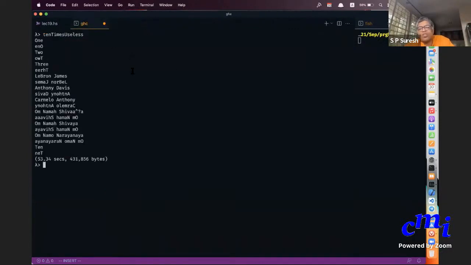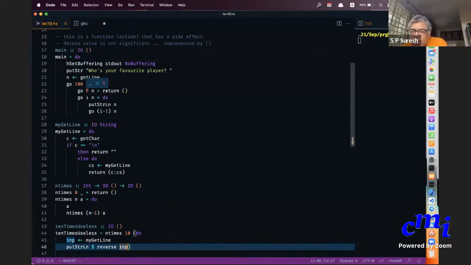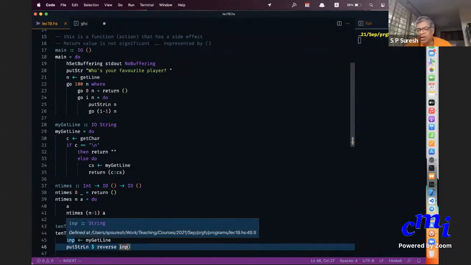Okay, great. Any questions? Vijay, tell me. So IO integer, I used readline and it worked. But is readline applicable only to what we write in the terminal, or is it also applicable to a function returning IO integer? If a function is returning IO integer, then you have to do this input bound myGetLine kind of thing. So you have to bind the name here.